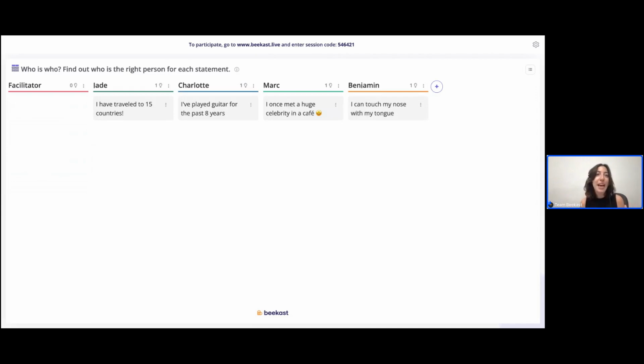Personally, I recommend having kind of fun facts. You don't have to be very serious about this. I think that the funner the information is, the easier it is to remember it. And this is a great way for people to associate an idea with a person in order to kind of remember that person. So if you're doing this in very large groups, let's say 30, 40 participants, fun facts